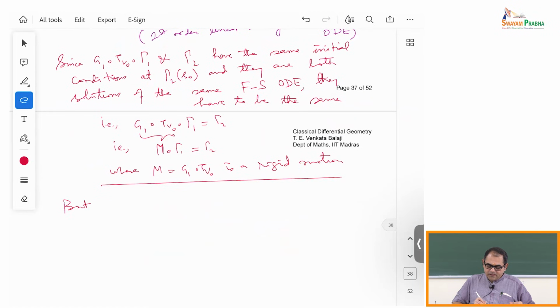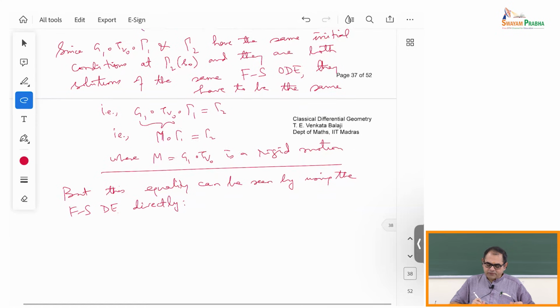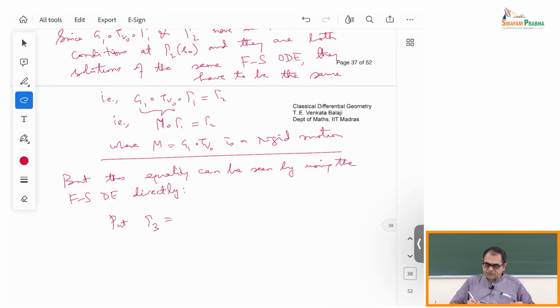If you look at it, this equality can be seen by using the Frenet-Serret differential equations directly. So what you do is you put gamma 3 to be this new curve, G1 circle TV0 circle gamma 1, and we want to show that gamma 3